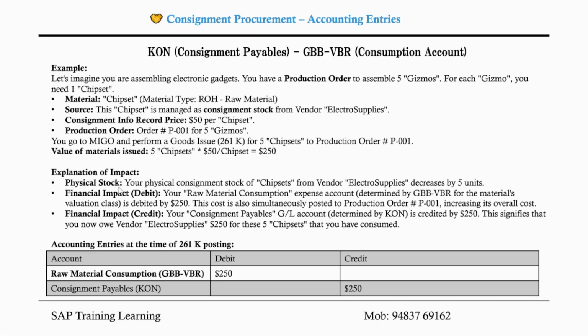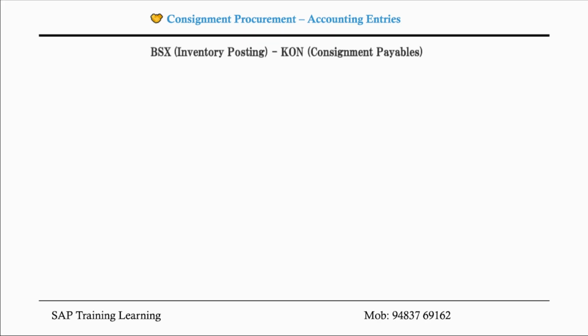So physical stock, what will happen to physical stock? The physical consignment stock of chipsets from vendor decreased by 5 units. So financial impact will be like debit. Your raw material consumption expense account, that is GBB VBR, will be debited. It increased. From where it got increased? It took from this consignment stock of chipset, right? So financial impact will be credited. Your consignment payable GL account determined by KON is credited by 250. This signifies that you now owe the vendor $250 for these 5 chipsets that you have consumed. Clear, right? Let's understand the last example